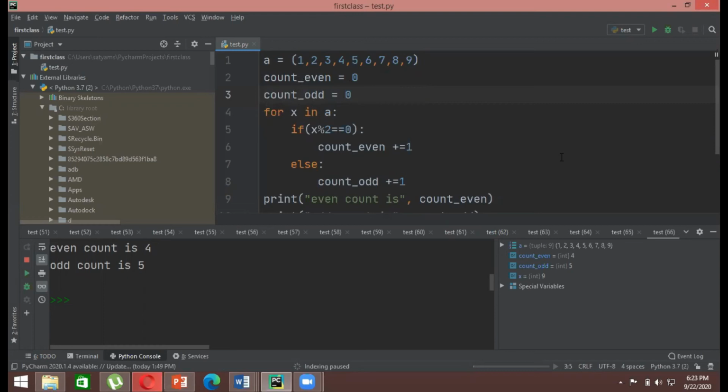Now we will be running another example where I have a range of numbers, let's say from 1500 to 2700. What I want is for my Python program to give me only those numbers that are divisible by 7 and multiples of 5 in between that range, including 1500 as well as 2700. So how do you think we can do that?